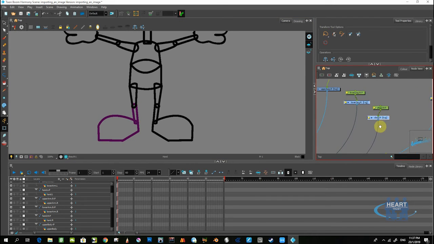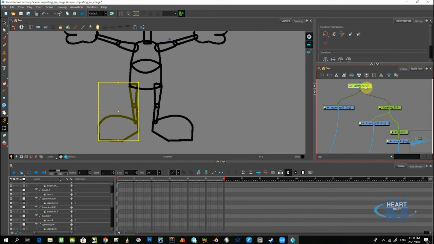So if I go right here, I can connect the shoe to the lower leg. So the lower leg would control the foot itself and the shoe, and I'm going to connect the lower leg to the upper leg, and the upper leg would control them both. So, thinking about it logically, that's how you go about connecting them. And of course,